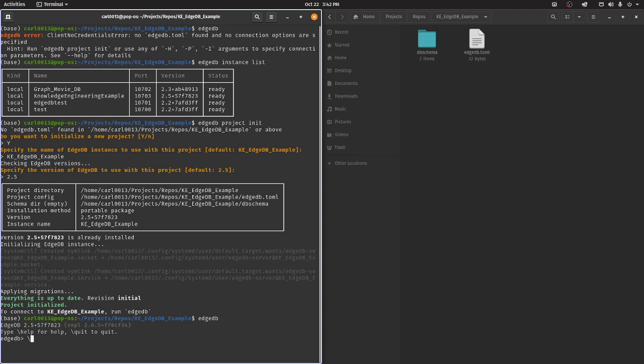So what I want to do right now is we're going to quit out of this, which you can do with /quit and hit enter. And now you'll see I'm back to a normal command prompt. Okay, so